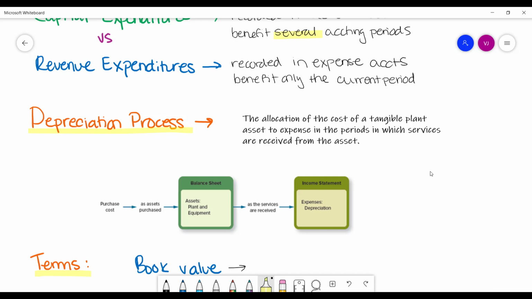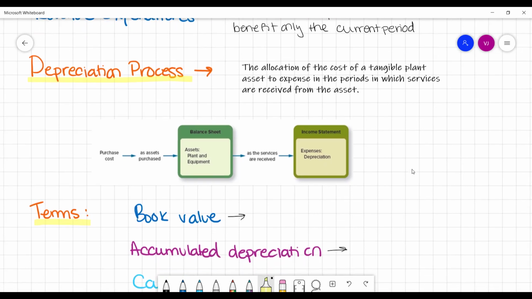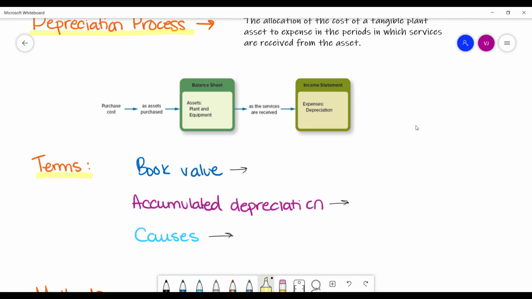expense. Now, there are some key terms that we are familiar with, but are very important in this chapter that we want to remind ourselves of. The first being, with regards to depreciation, book value. So remember, book value, it's the initial cost that you recorded on the books for the asset minus its accumulated depreciation. Or in other words, it's the amount of the asset's cost that has not yet been depreciated, the undepreciated